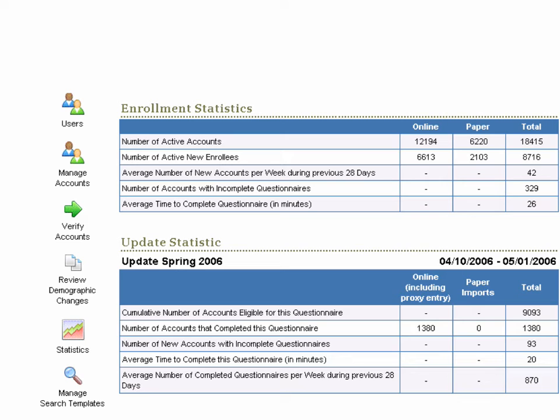You also want to know about your community at all times. Who's responding by paper? Who's responding by email? Who have we not heard from? Who do we need to reach out to again?